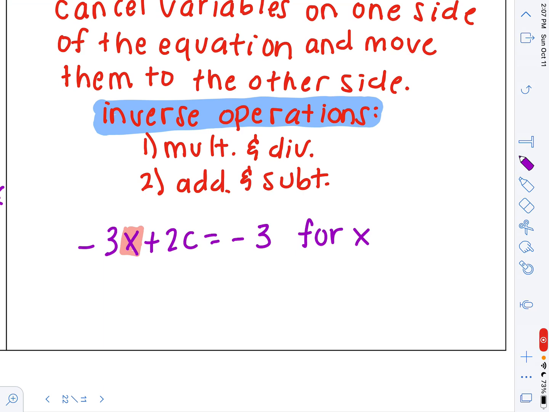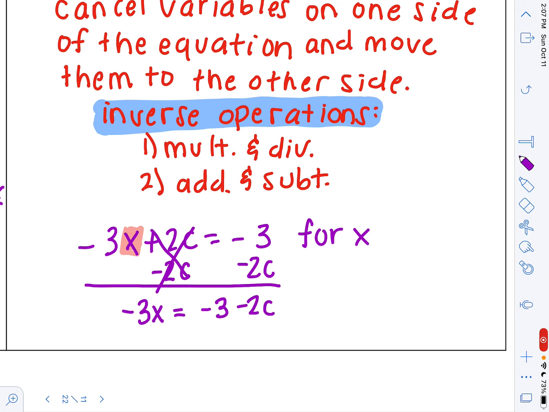So I'm solving for this, right? Remember what I told you was we're going to leave this on this side and we're going to move the 2c to the other side. So I'm going to subtract 2c. 2c minus 2c is 0. So I have negative 3x equals negative 3 minus 2c. You could also put negative 2c minus 3. I'm going to highlight my x again because that's what I'm trying to get alone. Now, this is multiplication, negative 3 times x, so I'm going to divide by negative 3 to each side. So we have x equals